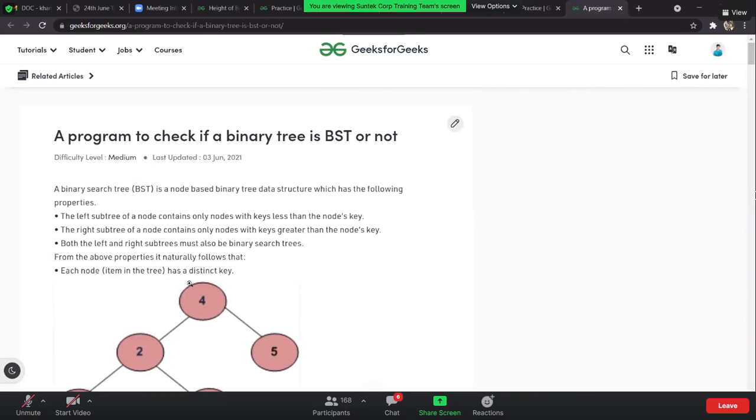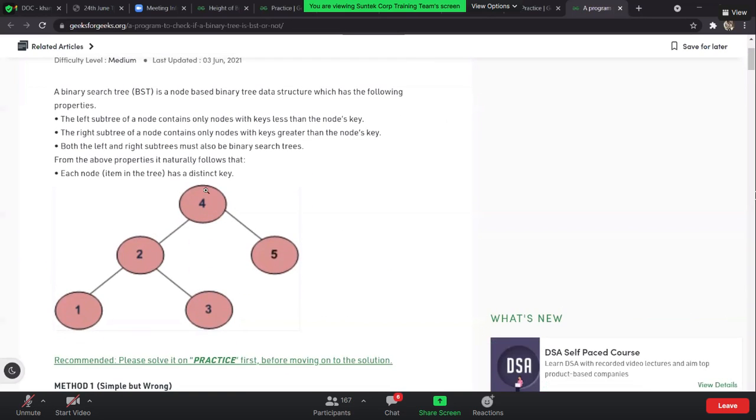But let's try this with the BST example. We have 4 over here. What is the max value of node.left? We are getting 3 as a maximum value, so definitely this number is going to be greater than 3. Do you guys agree? If I have the maximum value as 3 on the left side, whatever number you pick, it's going to be 3 or lesser than 3, because we have already calculated the maximum on the left side. So there is no chance that the solution can be wrong.